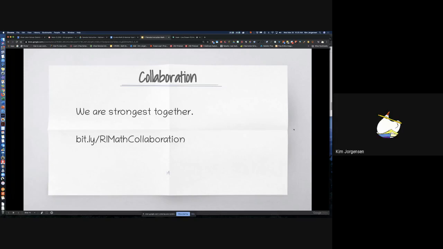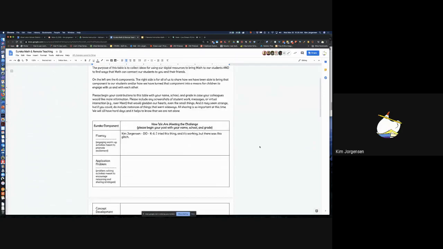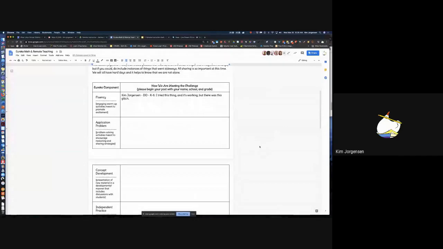Okay, so I'm going to go to a different tab here. This is where you should get, and I see we already have some visitors in there. Yes, it must be working. So this is an everybody-can-write-in document. Long thing about what it is and how to do it. And the most important thing, I'm going to scroll down here, is you see each component on the side with a brief thing about what it is and why it's important.